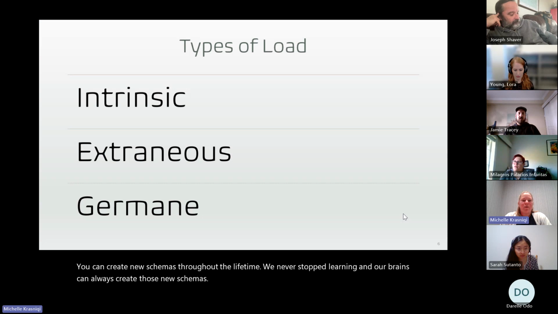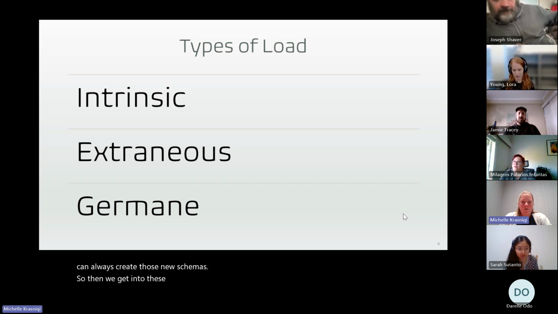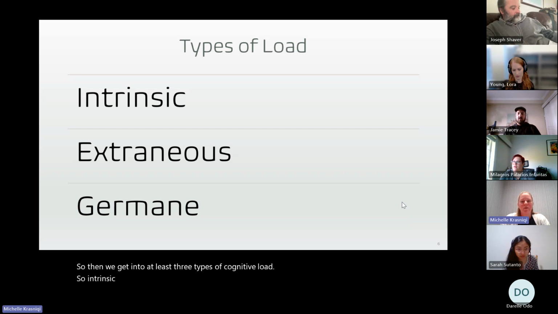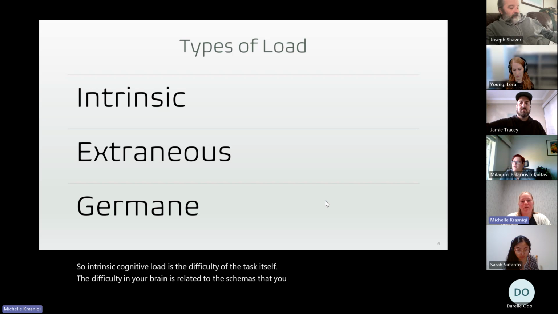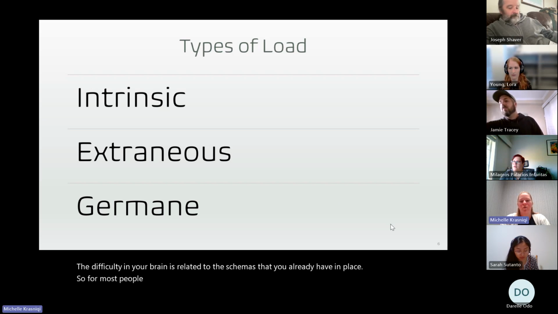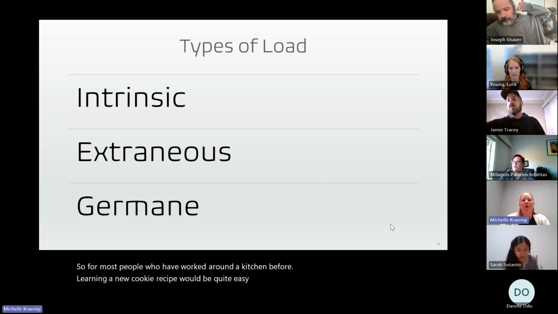So then we get into these 3 types of cognitive load. So intrinsic cognitive load is the difficulty of the task itself. The difficulty in your brain is related to the schemas that you already have in place. So for most people who have worked around a kitchen before, learning a new cookie recipe would be quite easy compared to the intrinsic load of learning a complex algebra